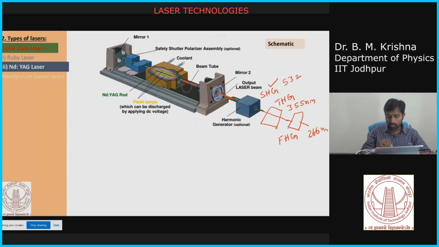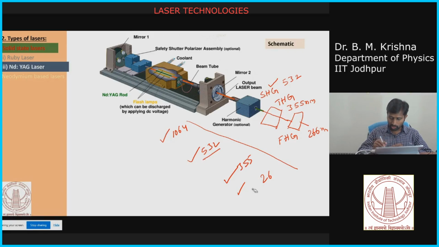So you are able to cover different spectral lines from near IR to UV: 1064 nanometers, 532 nanometers, 355 nanometers and 266 nanometers. This is useful for studying different areas of research, depending on the usage. For example, people working on solar cells use around 355 or 266 nanometers to study their properties, and most research will focus on 532 nanometer, and for biological samples they will use 1064 nanometers. So it has a wide variety of